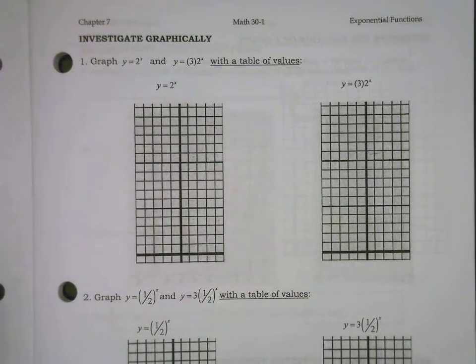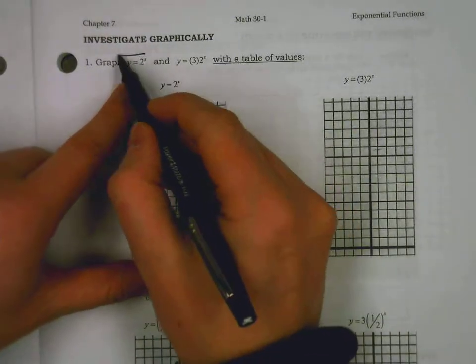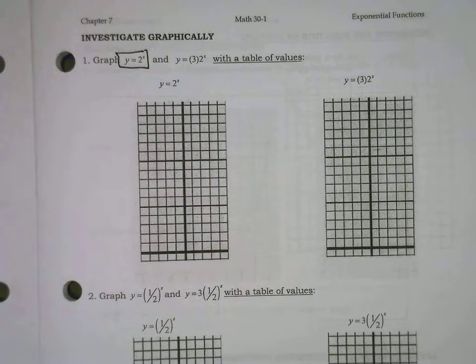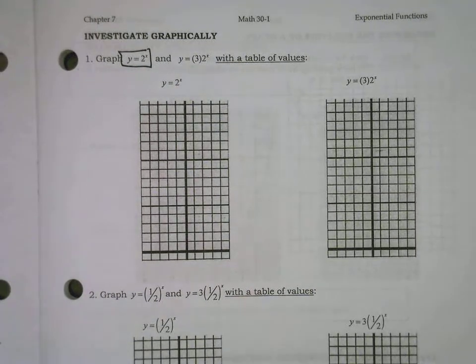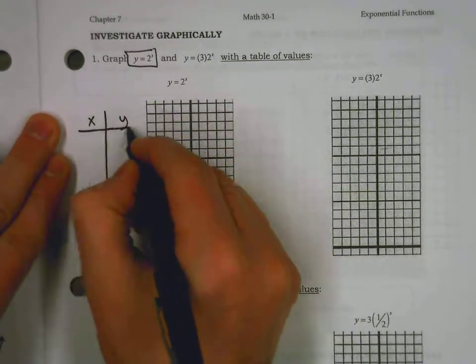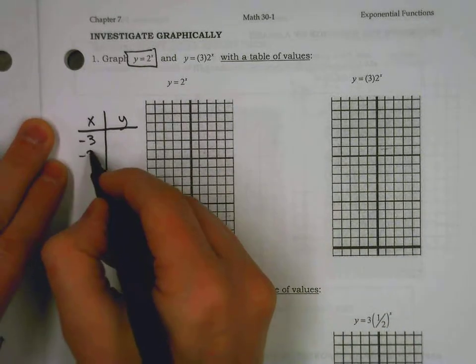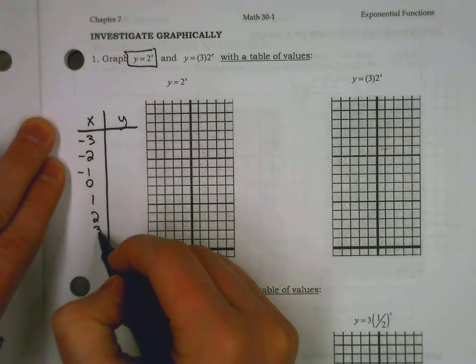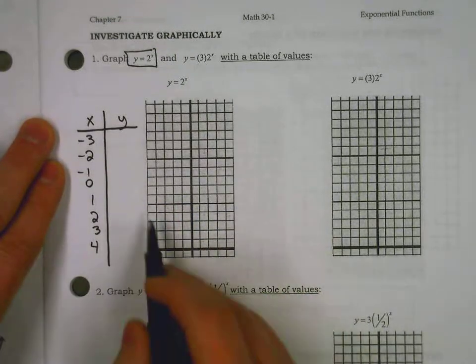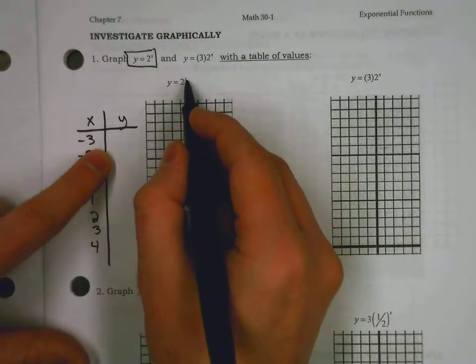So let's try examining some graphing, and we'll kind of speed through a couple of these. But we'll first look at, and I'm picking on a nice base function, 2 to the power of x. A really nice function to start with. So we'll do this with a table of values to start, and let's say input, output. I'll pick a few inputs like -3, -2, -1, and 0, and 1, 2, 3, maybe even a 4, and we'll see where this lies. As we plug in -3